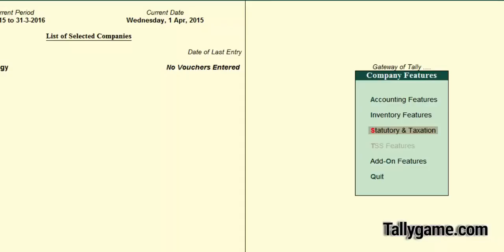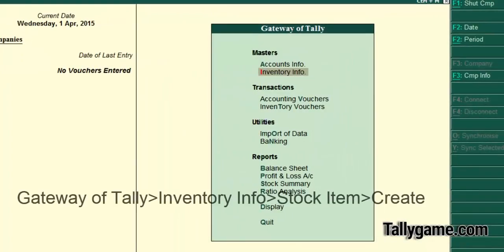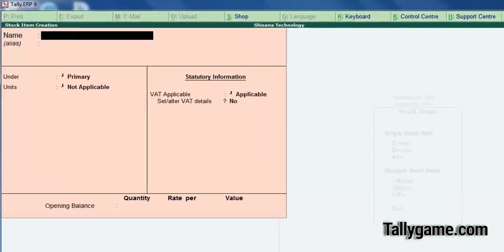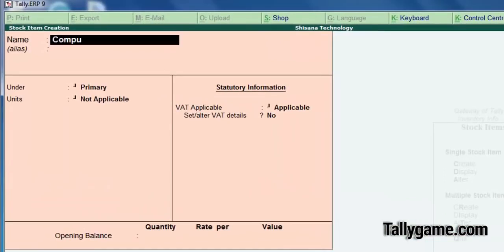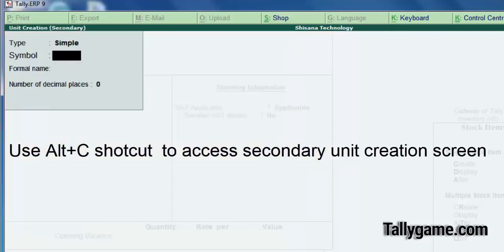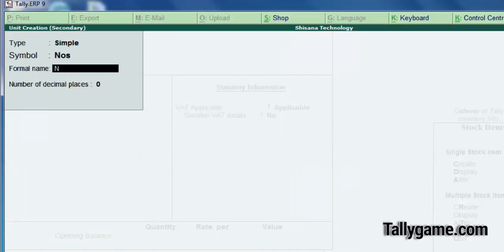Now the third stage is master creation. Let's create a stock item here. Inventory info, stock item, create. Let's create a computer under primary, and the unit I have not created, so number.